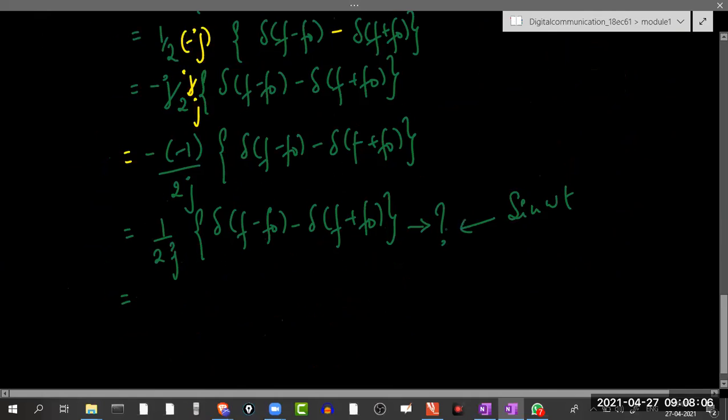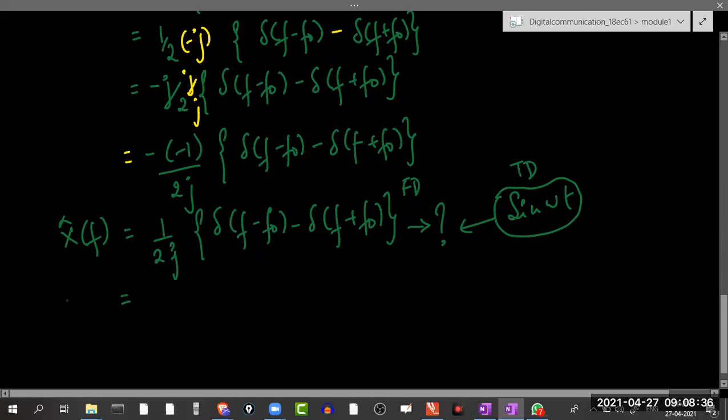So this thing is sine function in frequency domain. This is in frequency domain, this is in time domain. The same sine function. So if I apply inverse Fourier transform, I'll get sine omega t. For time being, let's not do that, because right now we have just got the equation for x cap of f.